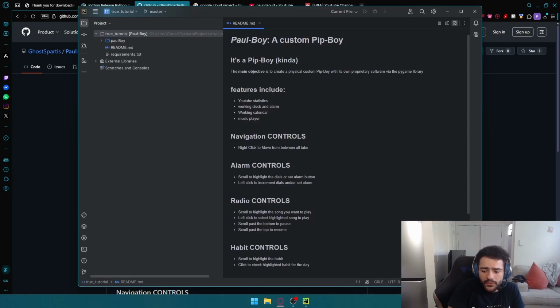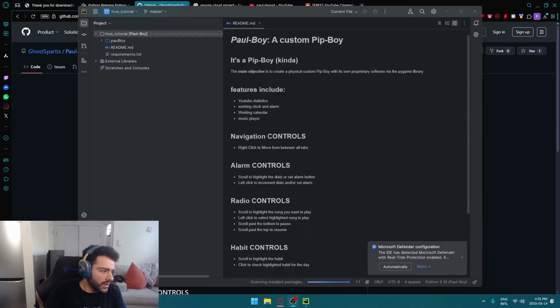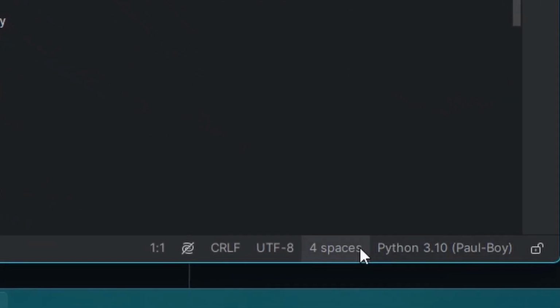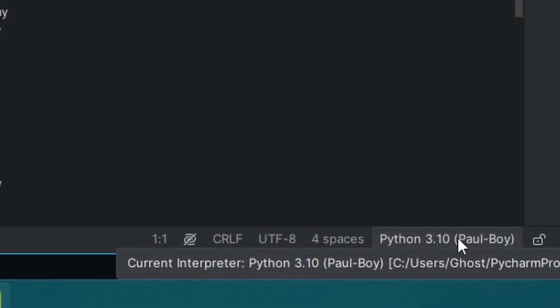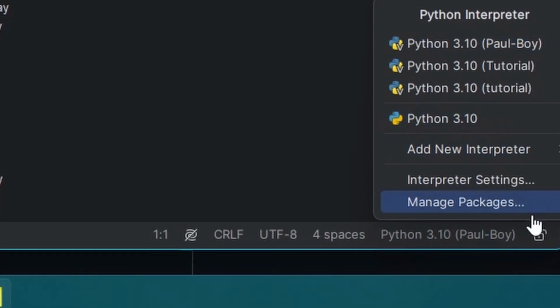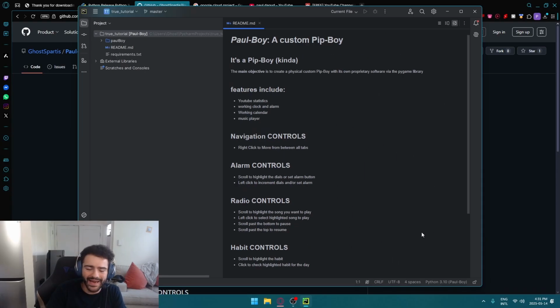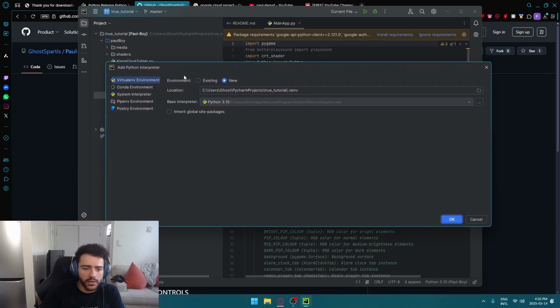And now you're not going to have, let me move my little camera. So if you can see on the bottom right over here, there's a little thing that says Python 3.1 Pip-Boy. Now what you're going to want to do is, you're not going to have 3.1, so you're going to add a local interpreter. Alright, once you open it up, you're going to find the location of your Python 3.1